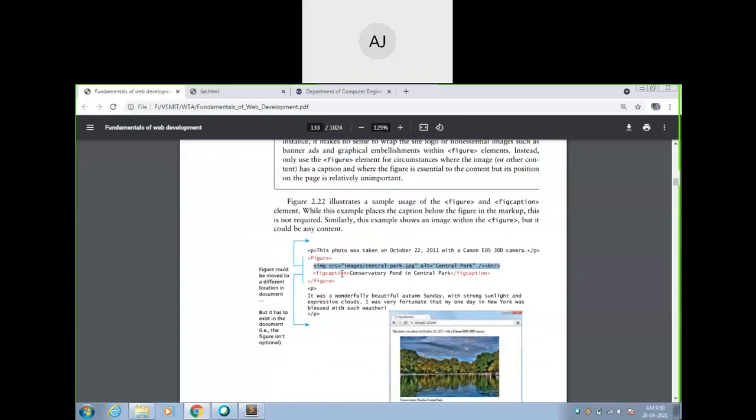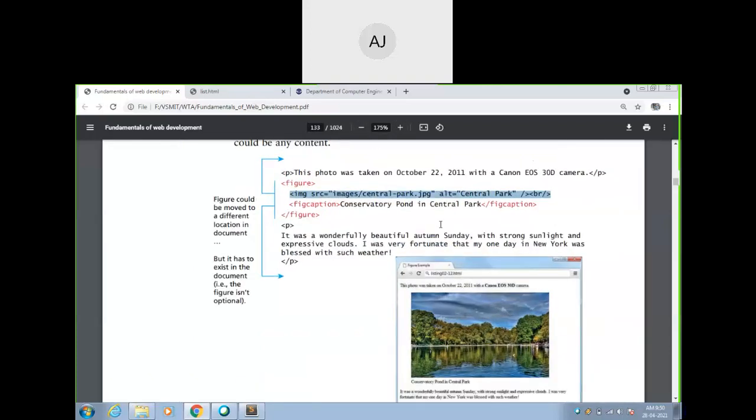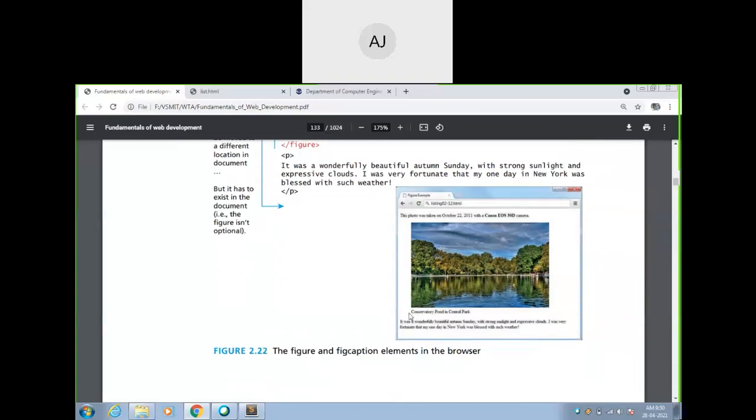Then you have figure caption: conservatory pond in Central Park. So this is the figure caption. See here, you can see the figure. I will just zoom it. One image is there, one figure, and it has the caption, that is conservatory pond in Central Park. Is it fine, guys? So this is the figure and figure caption you have.